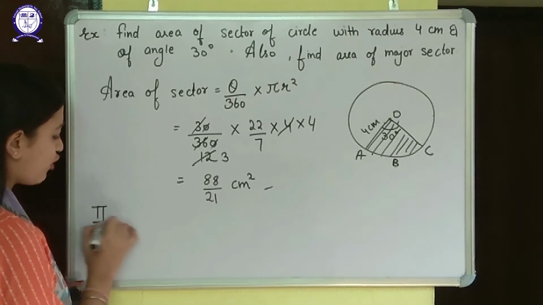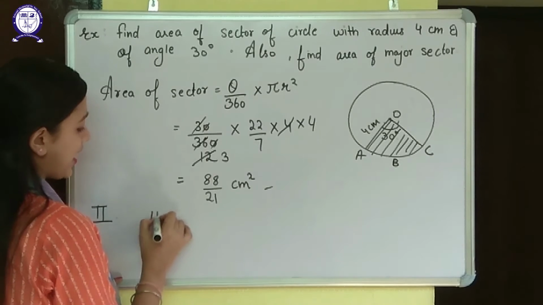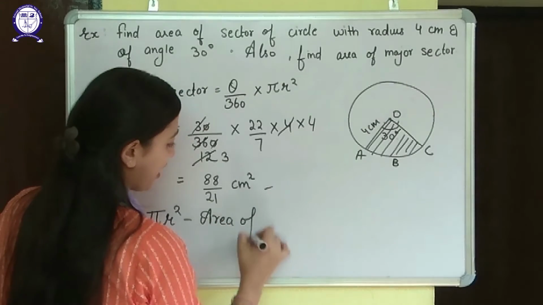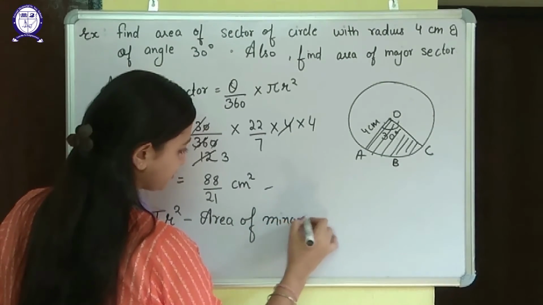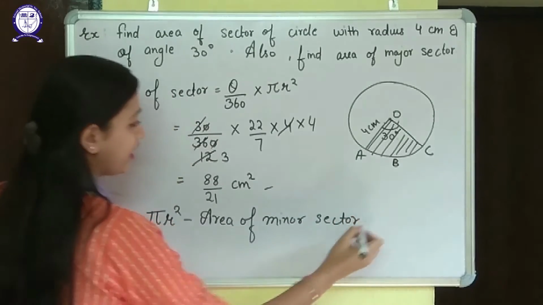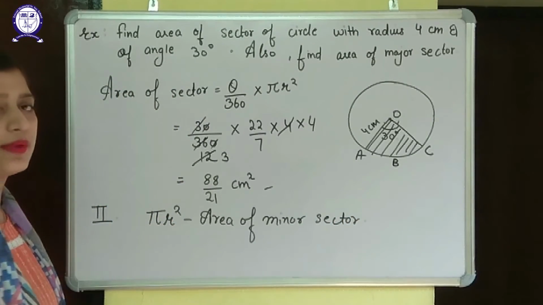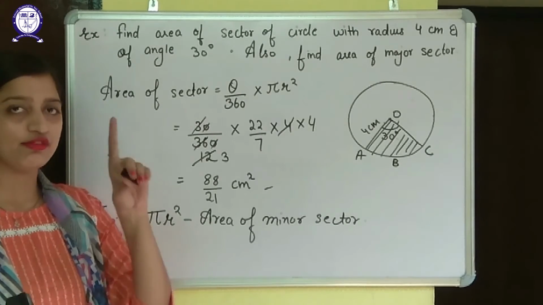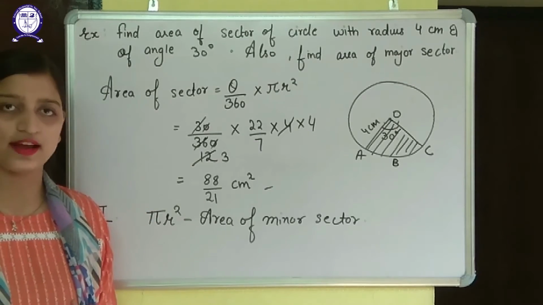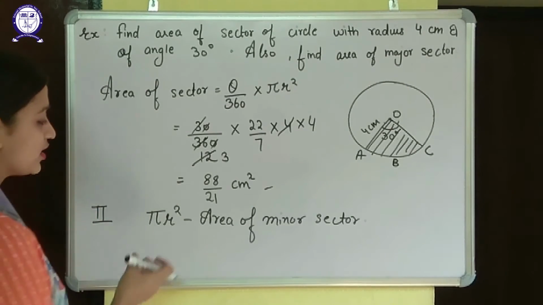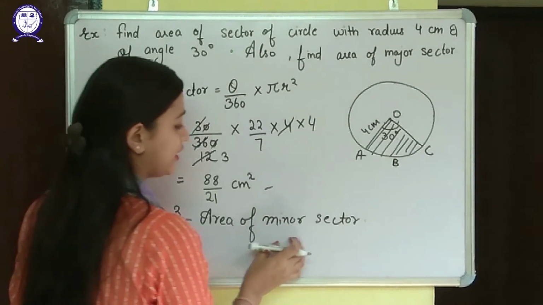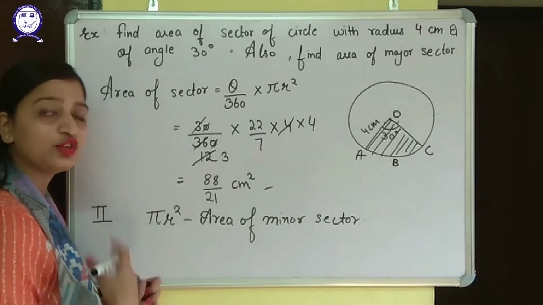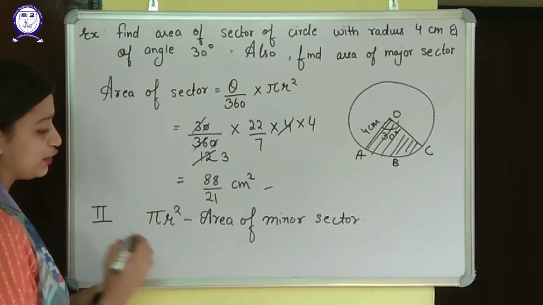So second form is pi r square minus area of minor sector. Okay, you can do the question in any form by any method. The answer will be same for the major sector, but you can remember only one way of doing it and do all the questions in that way only. And the easier one is this one, pi r square minus area of minor sector, because minor sector is already found by us. Okay, so we don't need to find it again and again. We will only need to find pi r square.